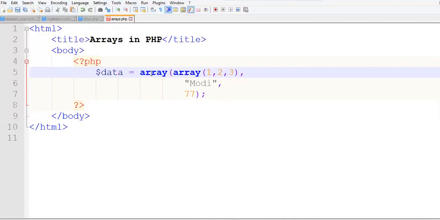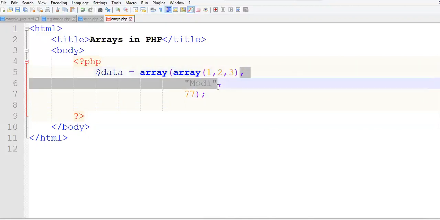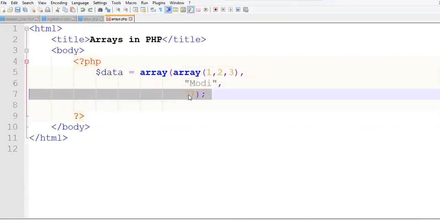Now inside that array the first value is again an array, the second value is Modi, and the third value is 77. So if I want to access a value, the first value has the index 0, the second value has the index 1, and this has the index 2.